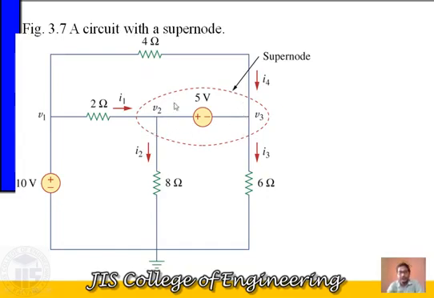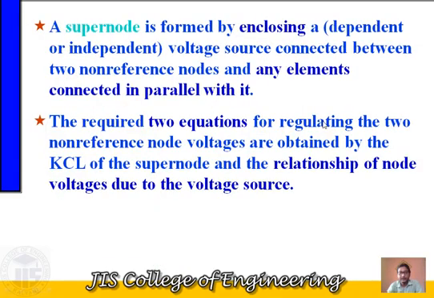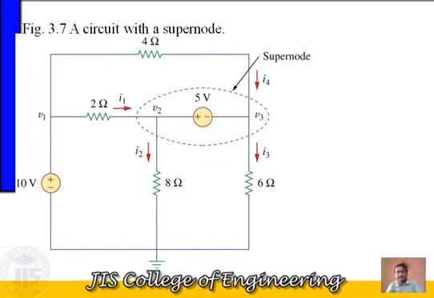If we consider these two nodes as one node, the incoming current is I1, the outgoing current is I2, and these two nodes have an outgoing current of I3 and an incoming current of I4 that originates from the V1 point to V3. So how will the equation be? We can write the equation.